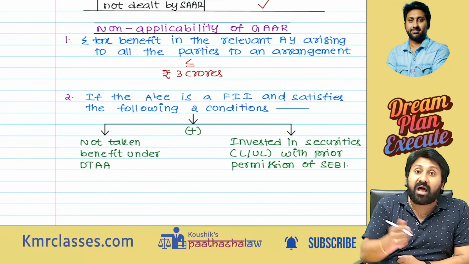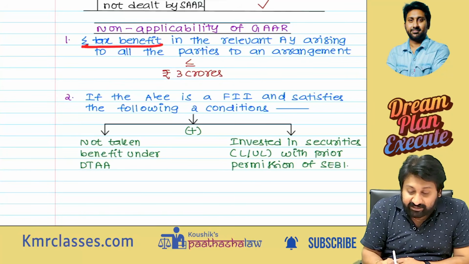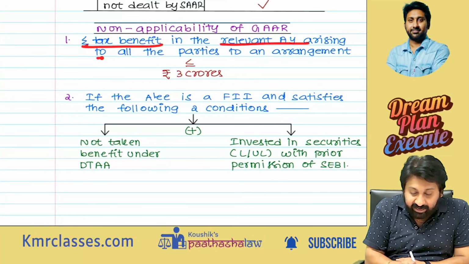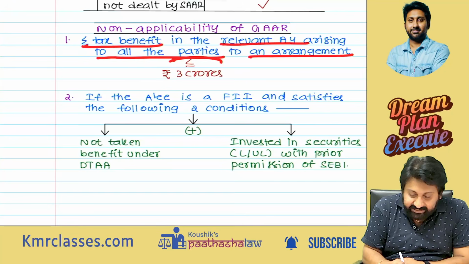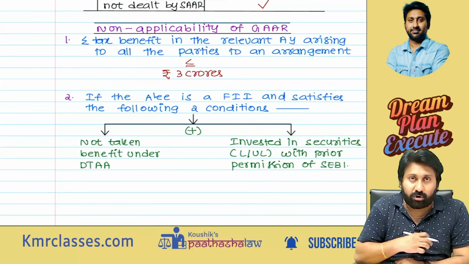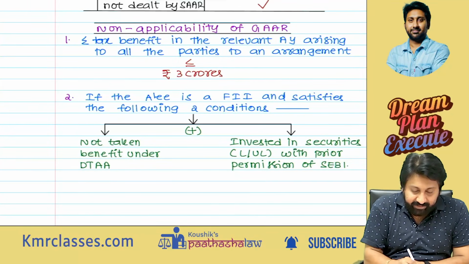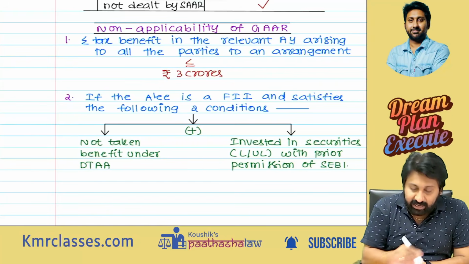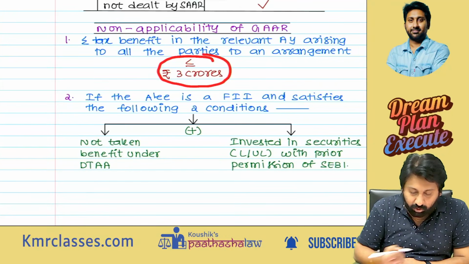When GAAR does not apply: the aggregate tax benefit in any relevant assessment year arising to all the parties to an arrangement is less than or equal to 3 crore. Less than or equal to 3 crore means the tax benefit you are getting, if it is less than or equal to 3 crore, then GAAR provisions